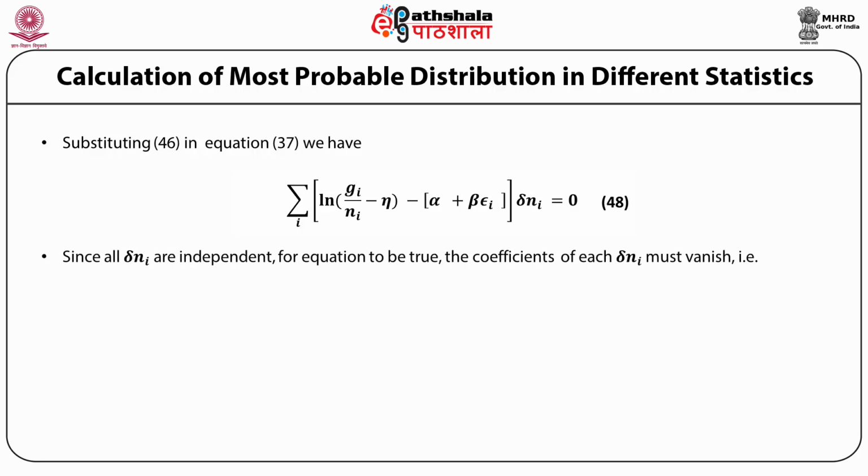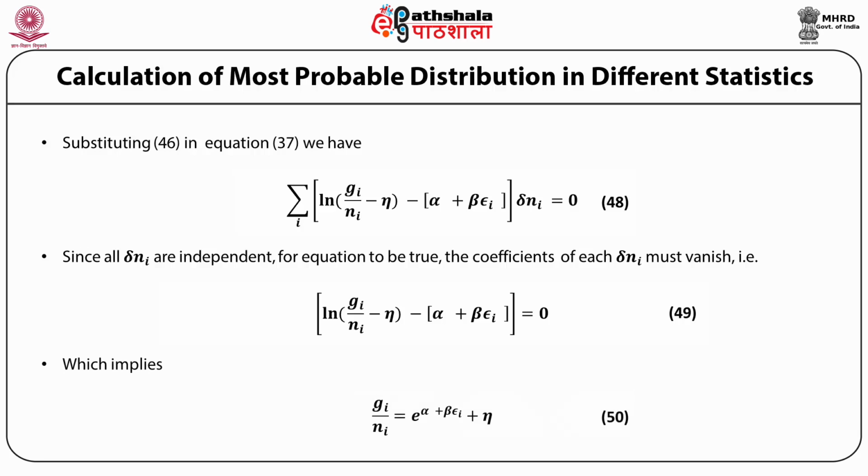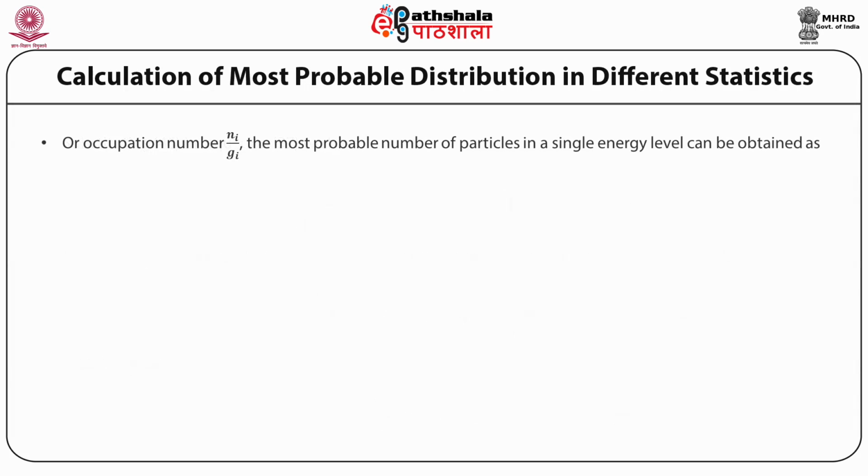Since all variations ni are independent, for the equation to be true, the coefficients of each δni must vanish. That is, log(gi/ni) − η − α − βεi must be equal to 0, which implies gi/ni = e^(α+βεi) + η, or